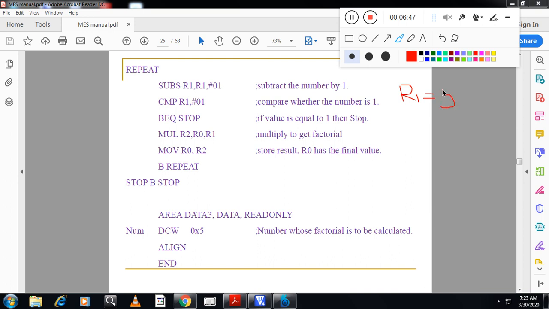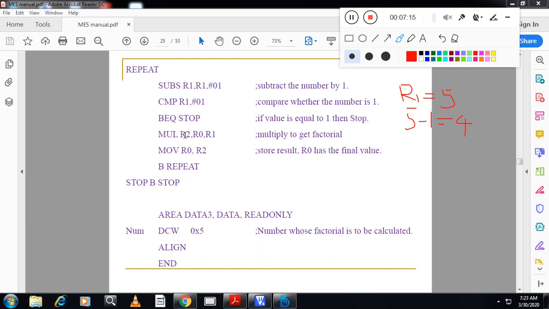So R1 equals R1 minus 1, that is 5 minus 1, which is 4. Compare once again with 1. If it is 1, you have to stop. It is not 1, so branch if equal to stop does not happen. Otherwise, multiply R0 and R1 and store the result in R2.